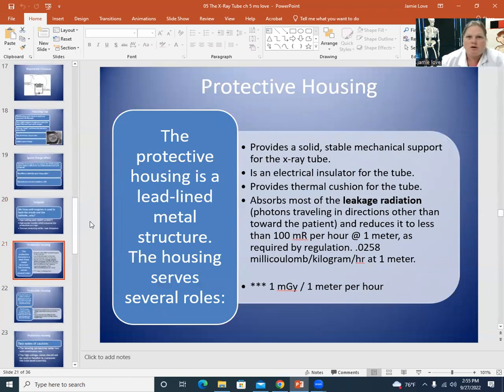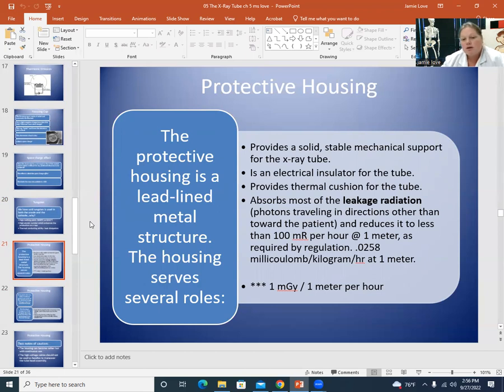We're going to talk about this tomorrow, but I'll go ahead and throw it in this video so I don't have to make another one. We stopped right here at the protective housing. That is the lead-lined metal structure. It's around our actual glass envelope of our tube. Now, I do know I say glass envelope of the tube, but I know some tubes can be metal too. But we still have a protective housing that's lead-lined because that is important to keep us from getting leakage radiation. And our requirement, regulation is 100 milliradians per hour at 1 meter, which translates into 0.0258 millicoulombs per kilogram